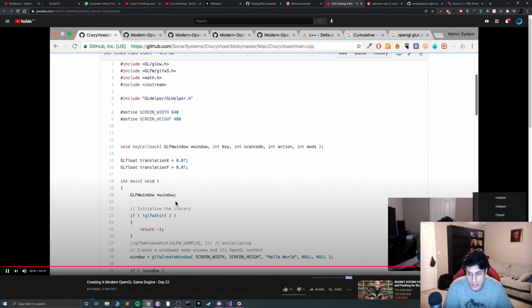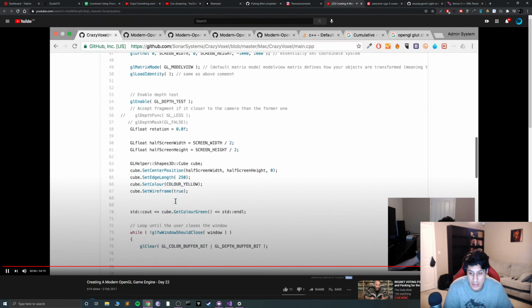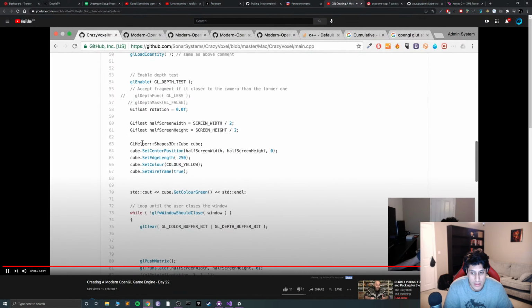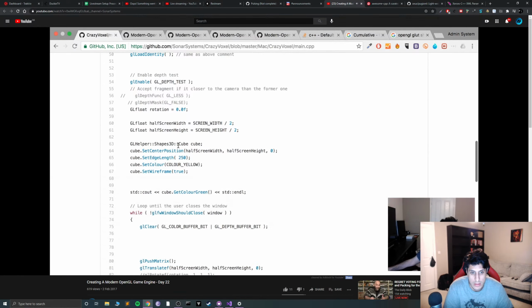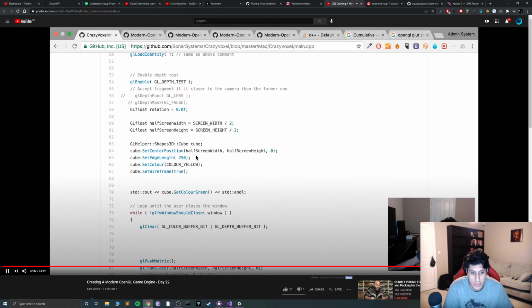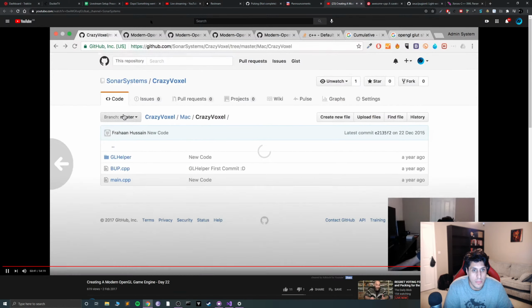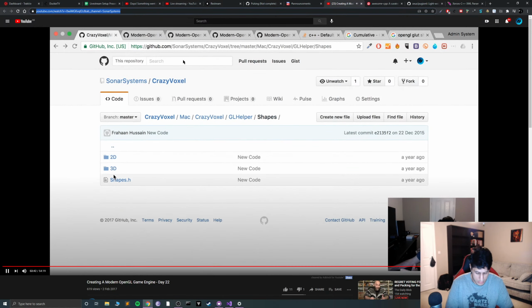Damn, that quality's looking high. Stuff like if you want to create a cube, you would be like, I can probably call a Shape3D cube. That's your cube done. You can set position, set edge length. This was using the old OpenGL, bear in mind, so that's the reason it needs to be modernized. But we had triangle, quad, circle.